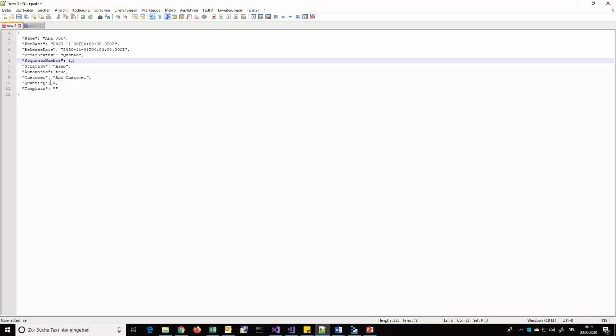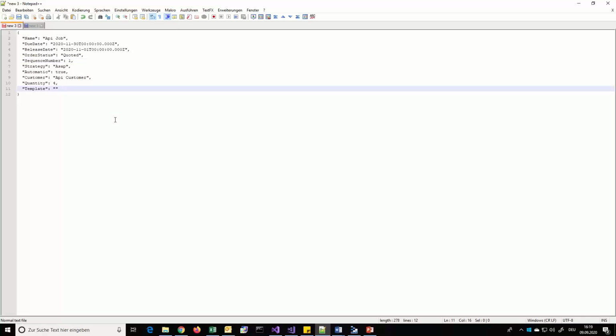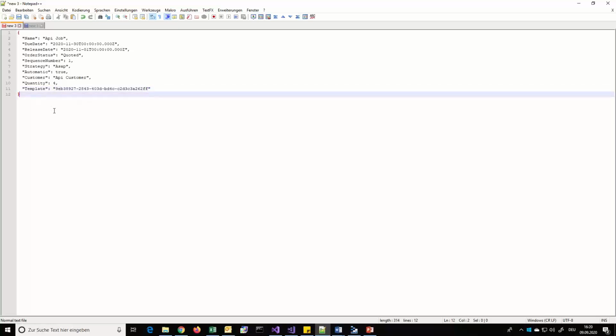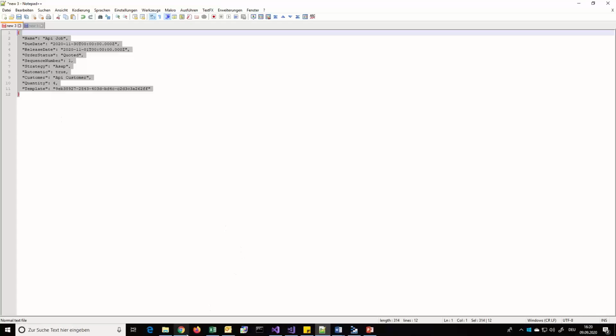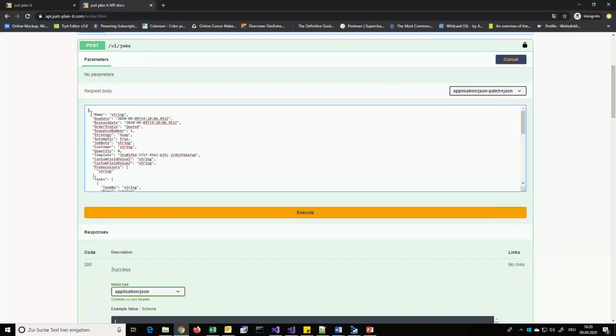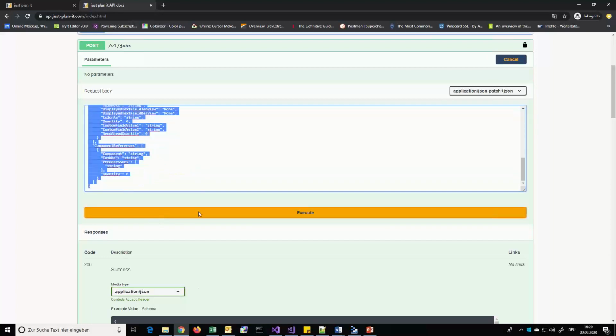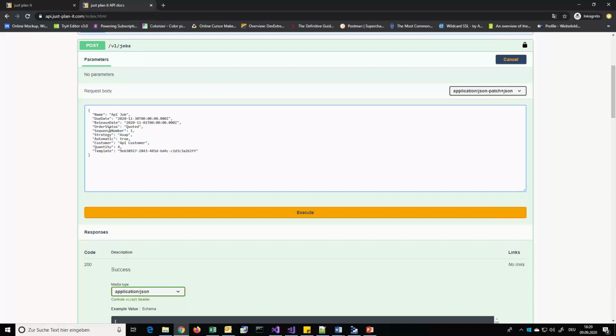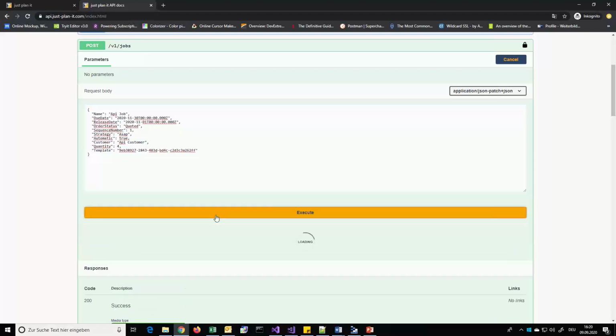We set a customer value, we set a quantity, and now we need to set the template. And the template, since this is based directly on the backend, needs to have the IDs, which I have now copied and pasted in here. I then copy this out, say try it out. Again, this body will be filled with the example from below, so it won't work directly. But if I copy in what we prepared and say execute,